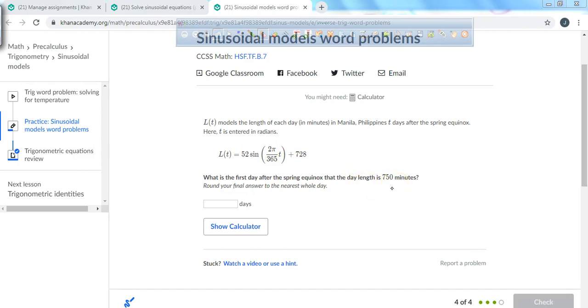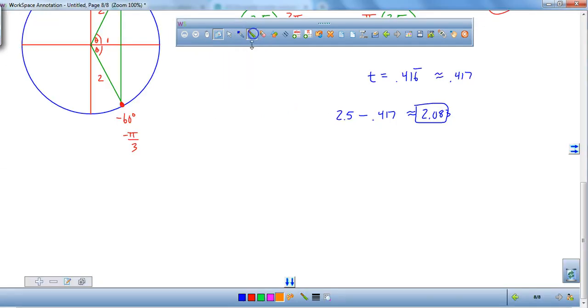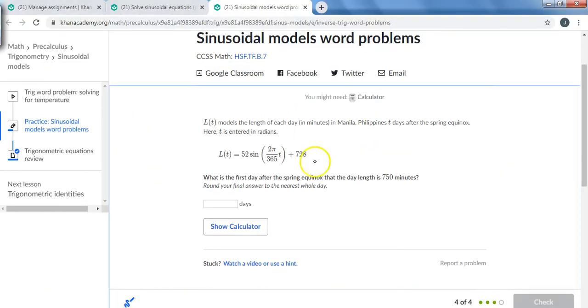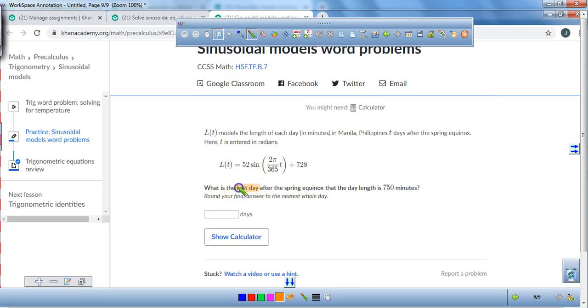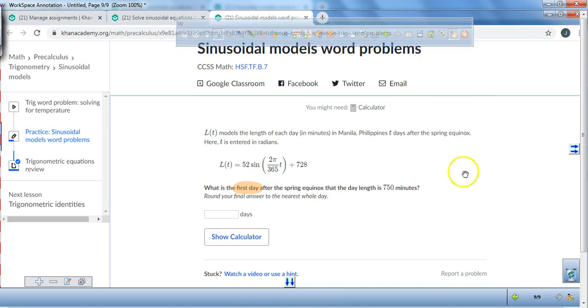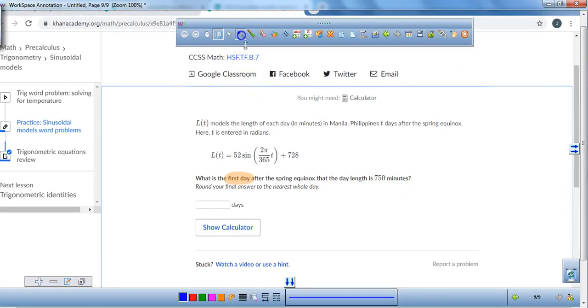So this one, all we have to do is pretty easy. We're just going to try to find not the second day, just the first day. But you know what? We're going to go ahead and find the second day just for fun, in case you get the exact same question asking what's the second day, then you already know how to do it. So, go! 750 minutes, L of t models the minutes, so we'll put 750